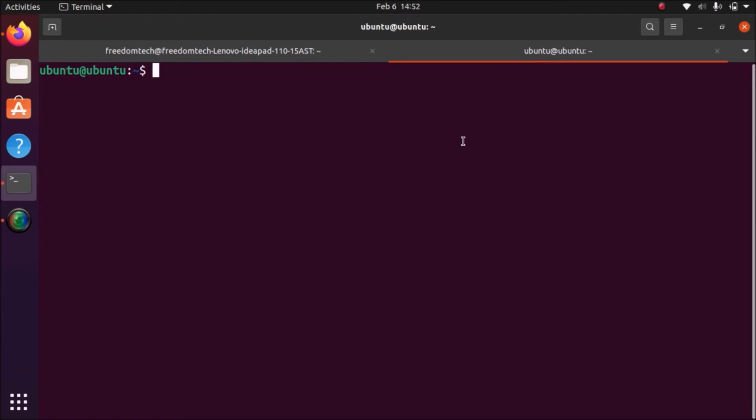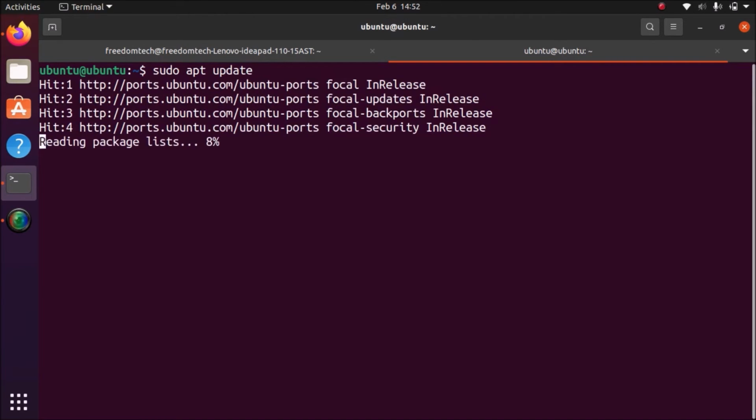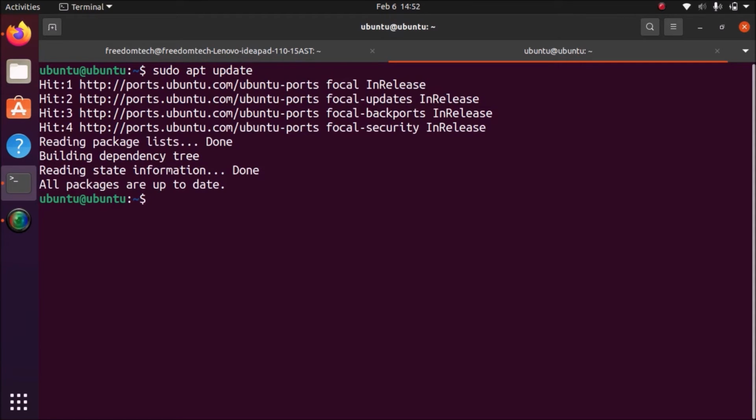For that, we first run the command sudo apt update on our Raspberry Pi 4. It will update the repo and packages. All packages are updated.